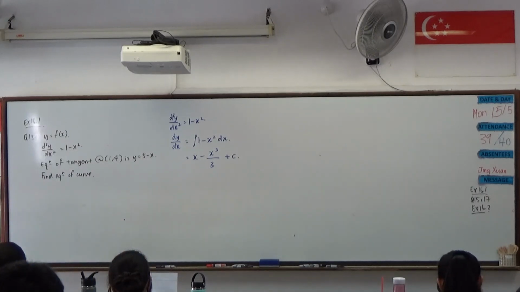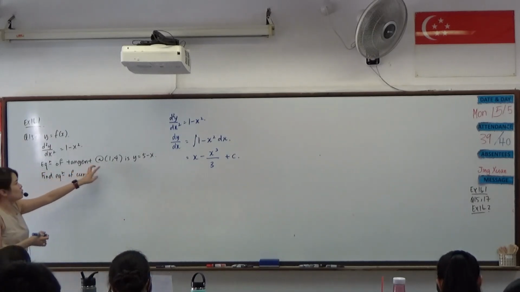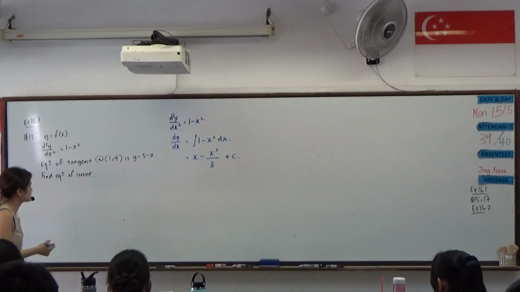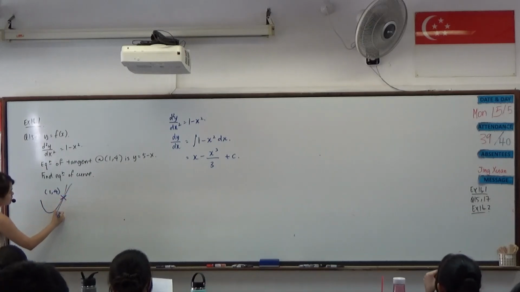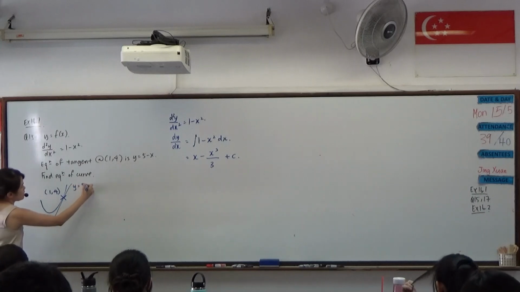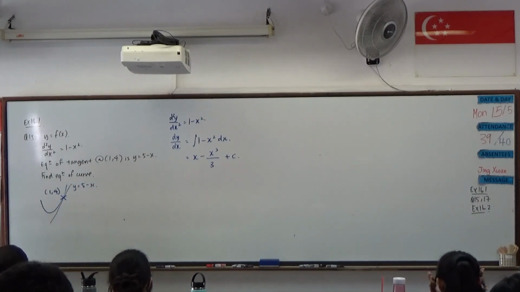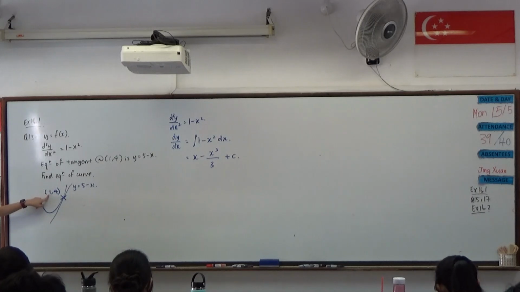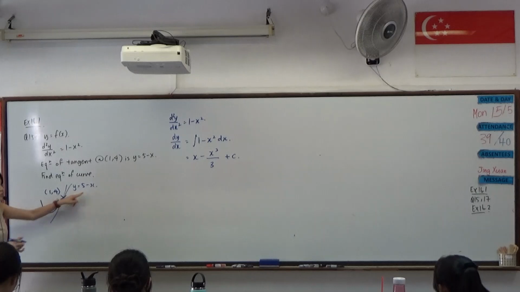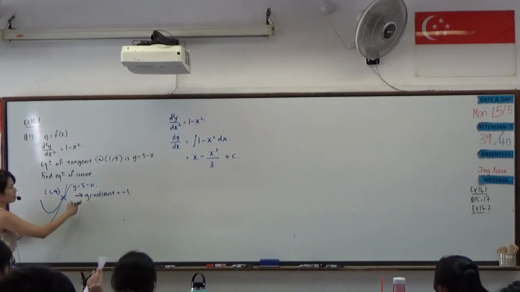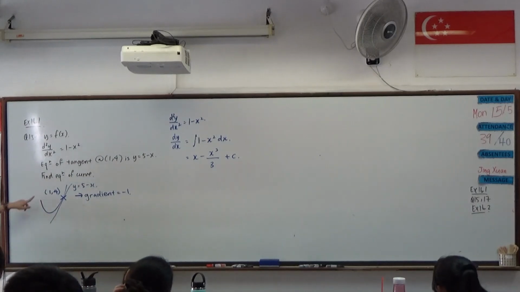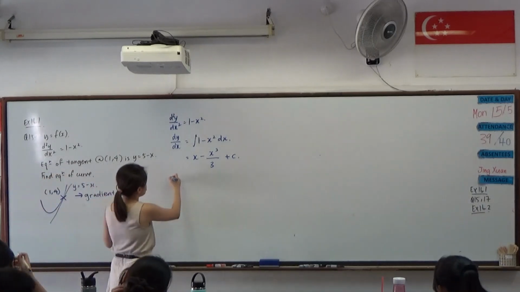Then it says that the equation of the tangent at (1, 4) is y equals 5 minus x. This means that if you're given a curve at a particular point (1, 4) and I draw a tangent, this tangent is a straight line with the equation y equals 5 minus x. Which means that at x equals 1, the gradient dy over dx of this tangent is negative 1, because from the equation of the straight line, I can tell that the gradient of the tangent is negative 1. So we apply this into this part over here,